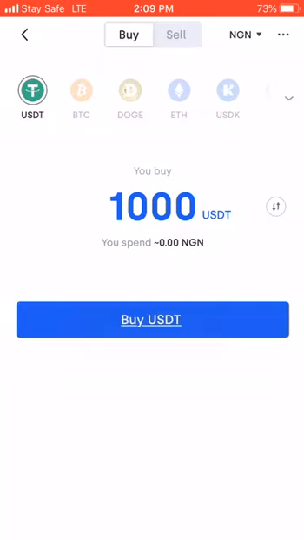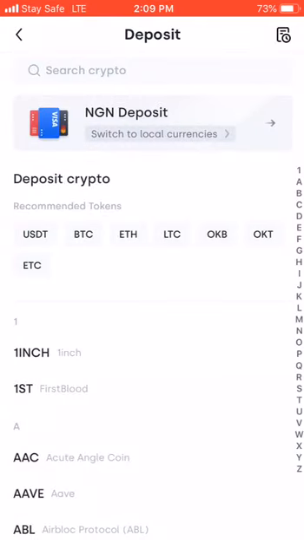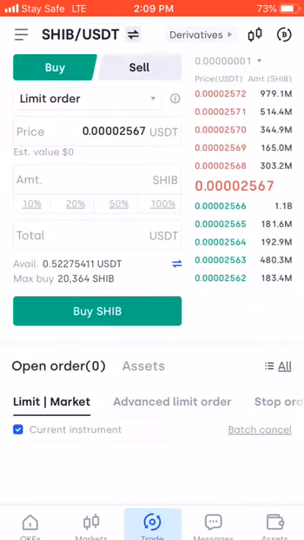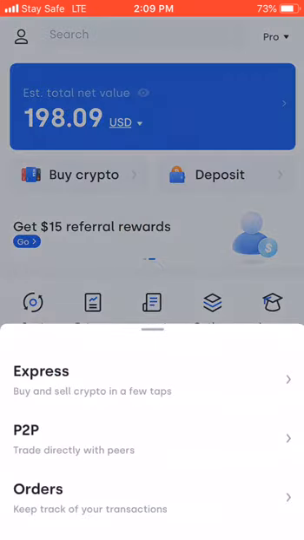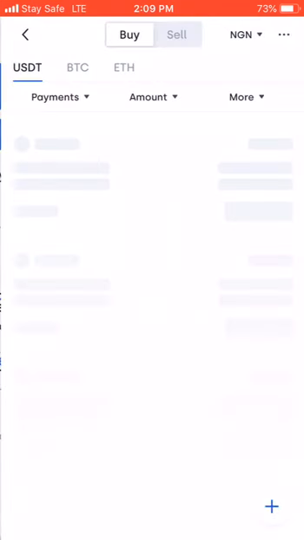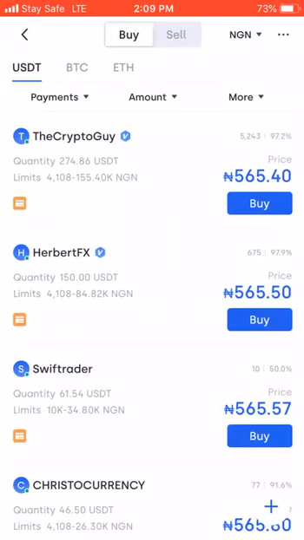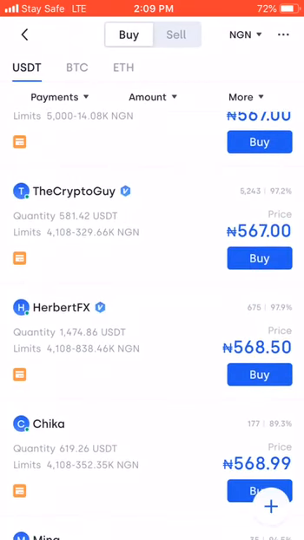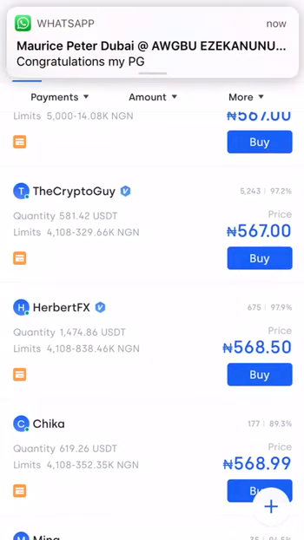Then secondly, let me go back and tell you something else. If you cannot buy with a local currency, you can buy from P2P. Peer-to-peer is pretty easy and is safe. All you do is that you will see, let me go to trades. Okay, sorry. You click buy and select P2P. You will see adverts. You see, these are people who want to sell. Then you will check their conditions because everybody has the minimum and the maximum amount they want to sell.